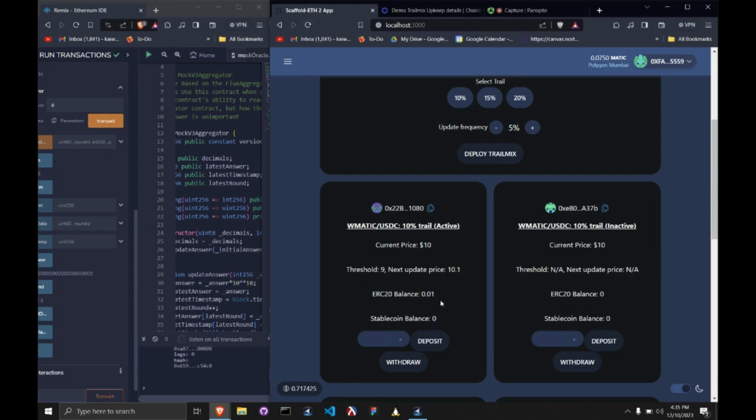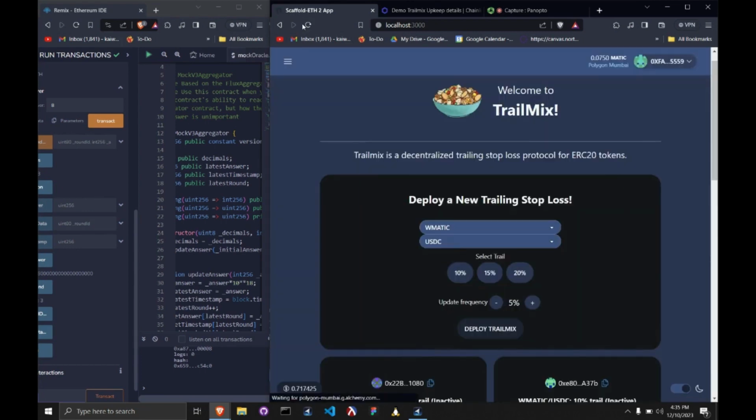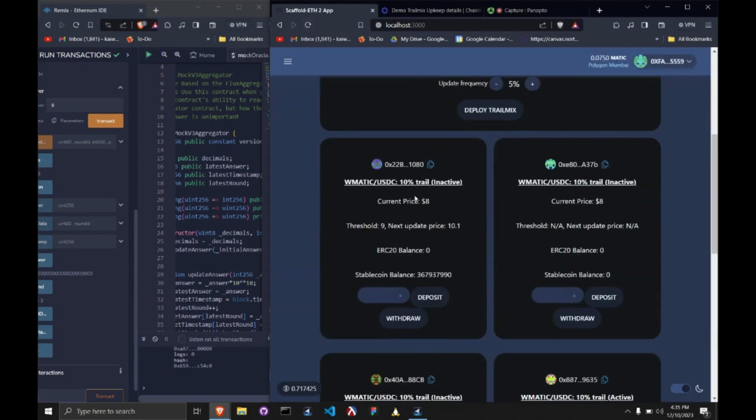So I will reload here, and hopefully the contract will have swapped our 0.01 Wrapped-Matic into some amount of USDC via Uniswap. Yep, great. You can see the current price is now $8, which is below the threshold that was set, and our ERC20 balance is 0. Our stablecoin balance is currently this. You can ignore the amount because on the Mumbai testnet, the Uniswap pools are unbalanced, but we can then withdraw